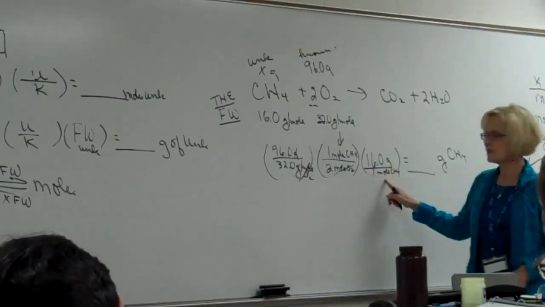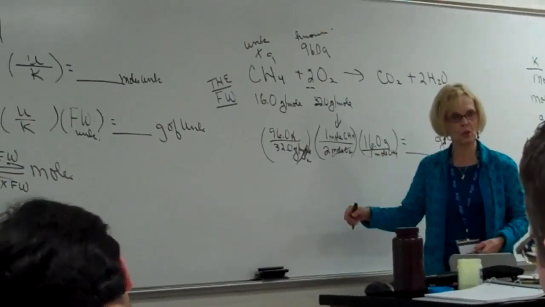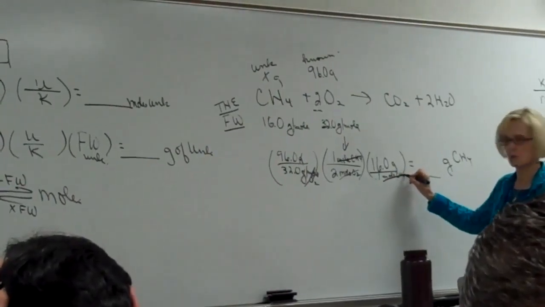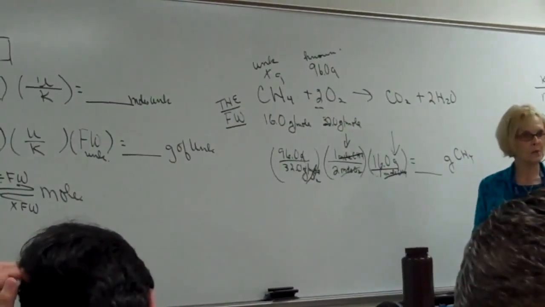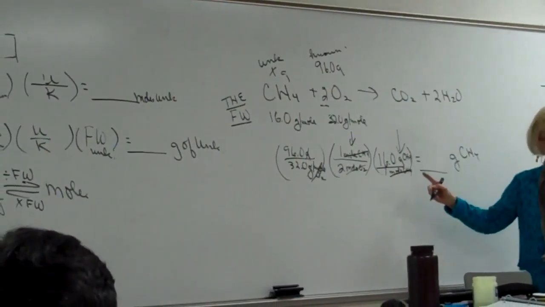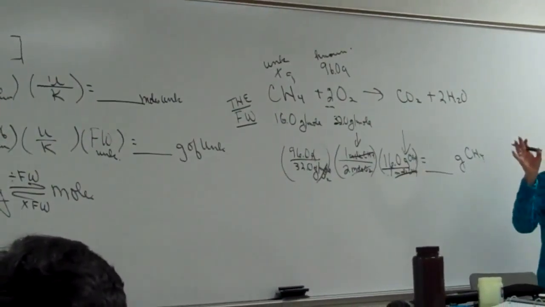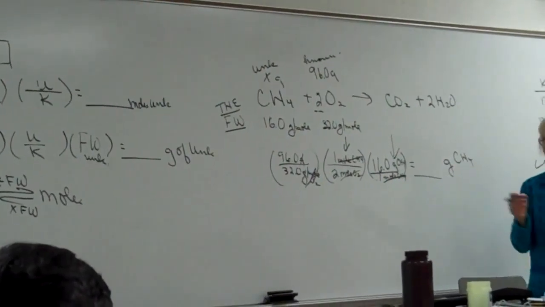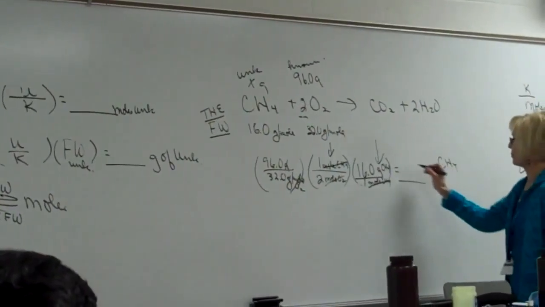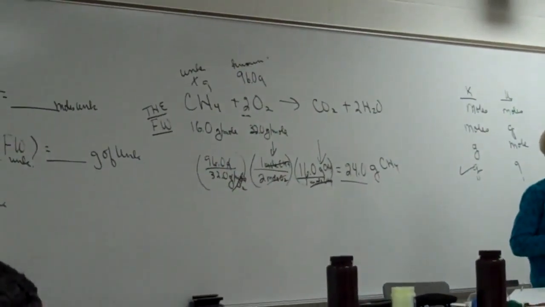Now, notice I've separated this a little nicer than I did down here. I just had grams over moles. Then you know what's on top and what's on bottom. But here, moles of methane cancel moles of methane. We're left with grams of methane. And if I'd really followed my own advice, I would be slapping methane on everything that pertains to methane. So I would say, units I want, I must have set it up okay. And then we're going to punch that through, and we're going to think of sig figs. Steve, what did you get? 24.0. 24.0 grams. Great. Great. Everybody